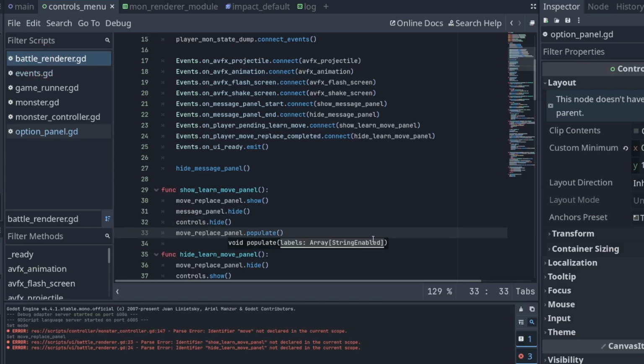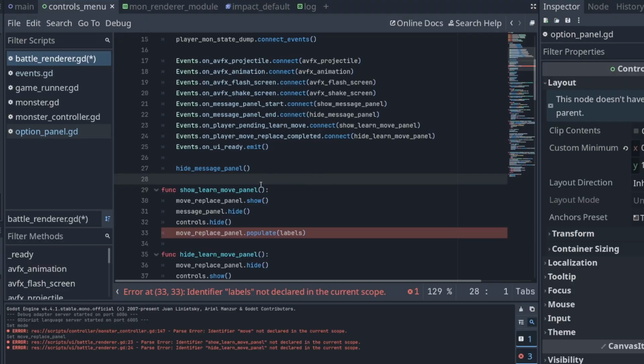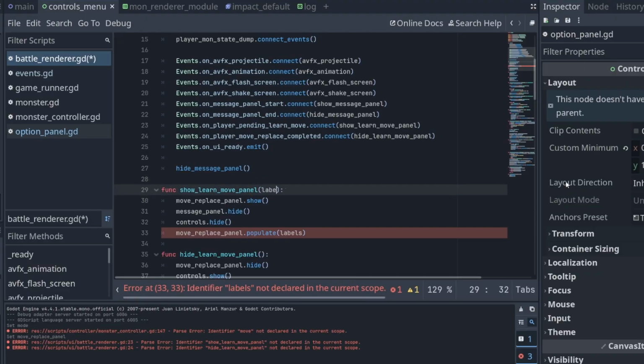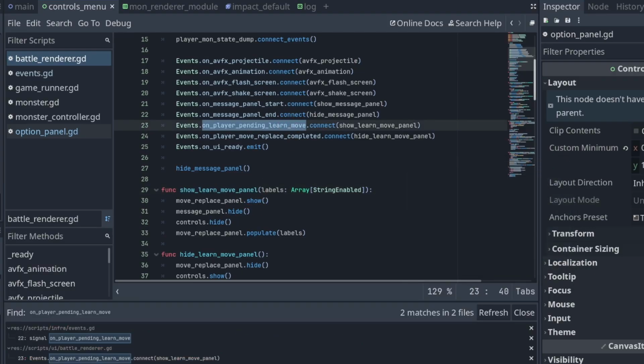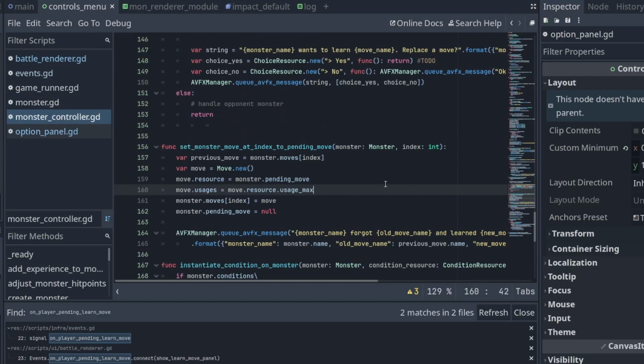Okay, so labels. For our other nodes, we pass in labels that are in these string-enabled objects through populate. We can do that and make sure that show learn move panel gets an array of string-enabled, and we can pass in as labels. Okay, so on player pending learn move isn't emitted anywhere yet, but in monster controller, the change should be here,